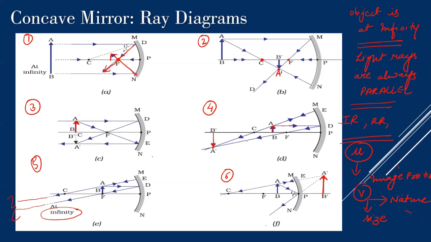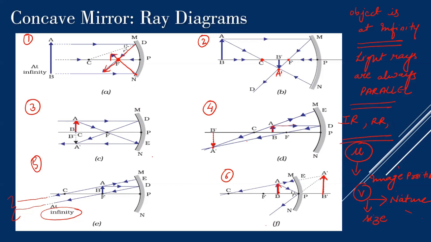Okay, right. So now there's a special position. This is the only exceptional position in case of a concave mirror where we are going to get a virtual image. Very important. Most of the questions will be based on this part, and this part actually has a lot of applications in our day-to-day life, right? Okay, so observe. What was my sixth position? My sixth position, when my object was kept between pole and focus.